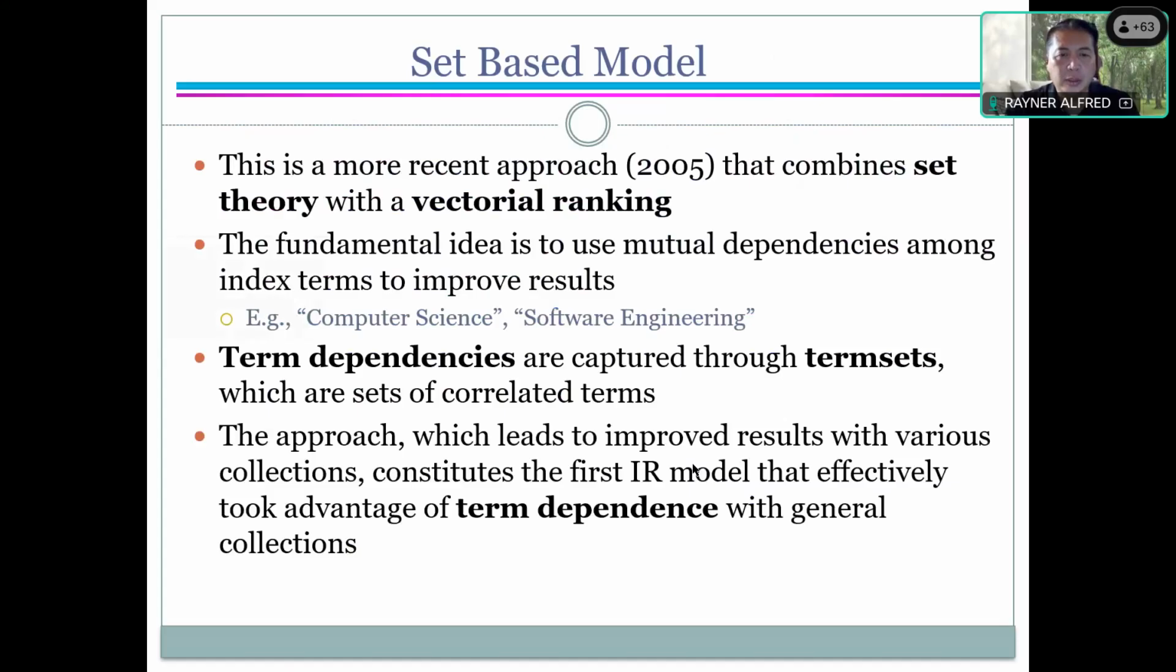So the approach of this set-based model is that they want to have a group of terms, and then this group of terms is considered as one index key. So what you do, you group two or three words in one basket, and this basket becomes the key or the index of the document that we have. Okay,